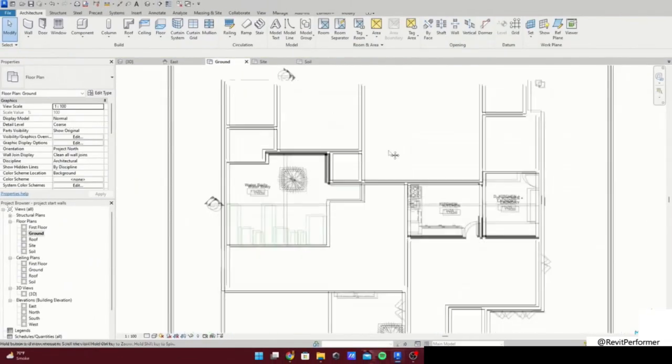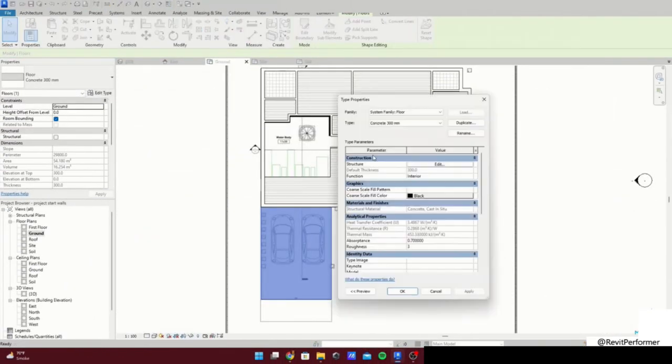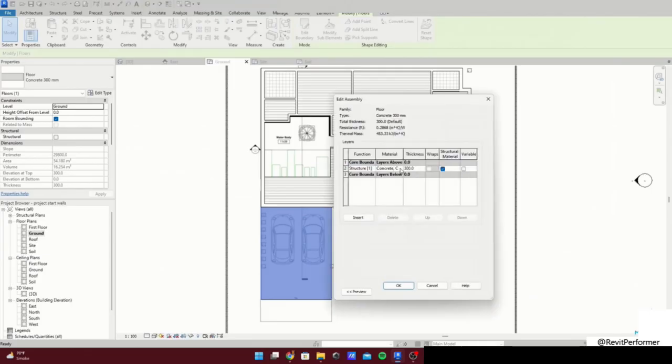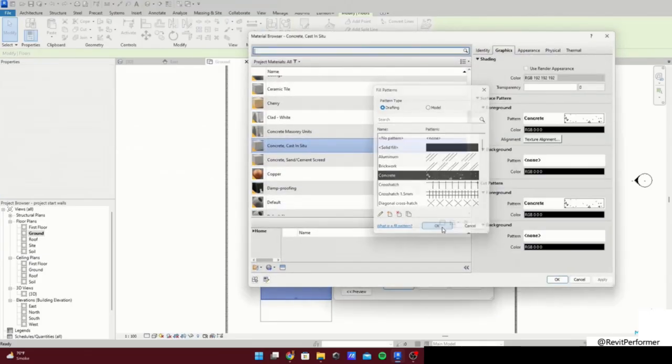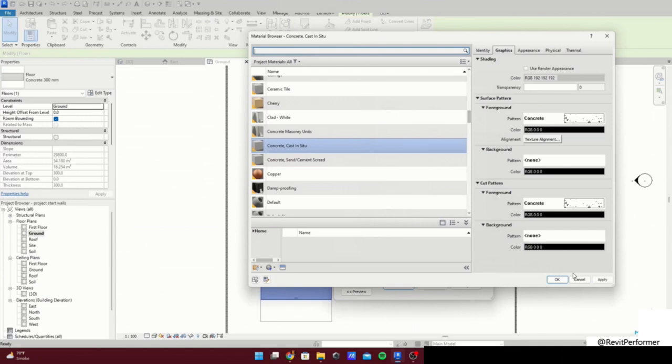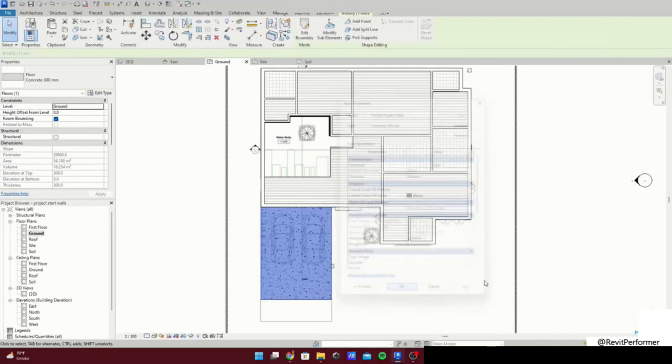Okay, let's try by selecting my other floor. I'll go into Edit Type. For this one, I just want some simple vertical lines. We have a cut pattern, but we also need a foreground pattern. I'll just select some, or you can also go for horizontal lines, of course. Click Apply, so we have the lines now as well.